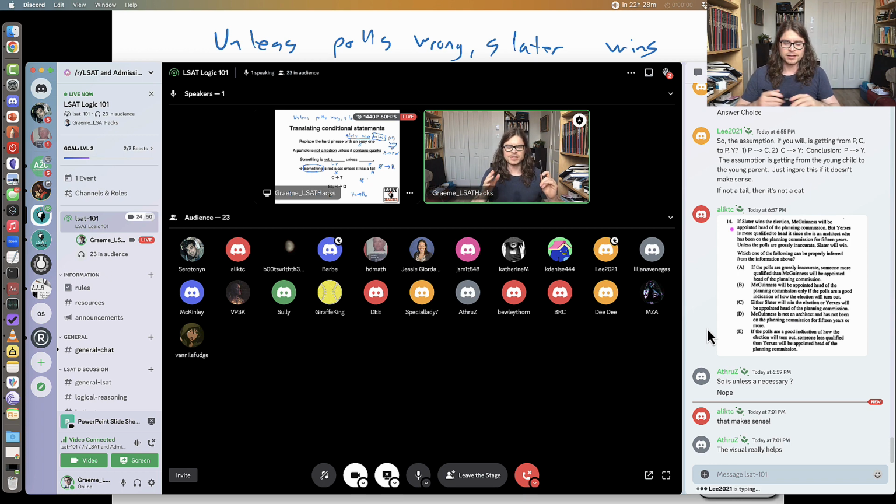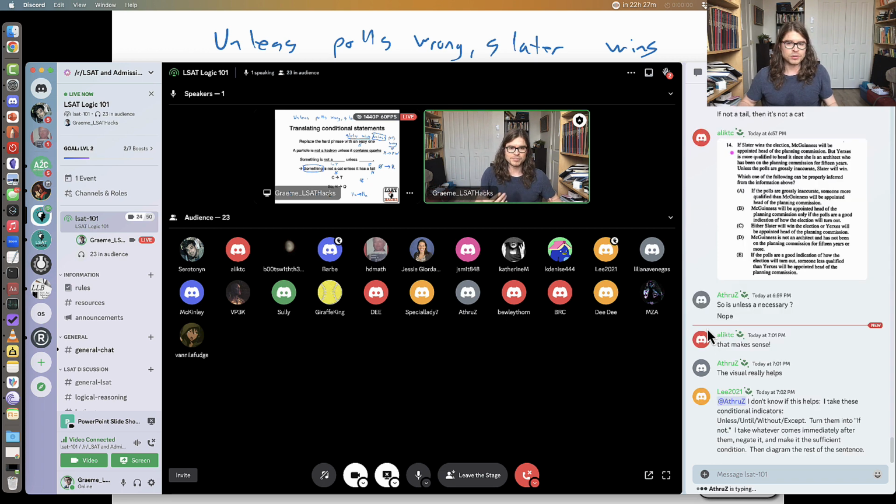And by the way, I would venture to say that the word unless is practically the only thing that's difficult for this diagramming. It is substantially harder than the rest of conditional diagrams. So I would just do what I just did. Make a statement like, I'm going outside unless it rains. Make 10 statements like that and just try drawing them. Reason your way through them. Think about, does it make sense to say if I go outside it starts raining? No, that's illogical. So take some statements that make sense in real life, try drawing them, really wrestle with them,